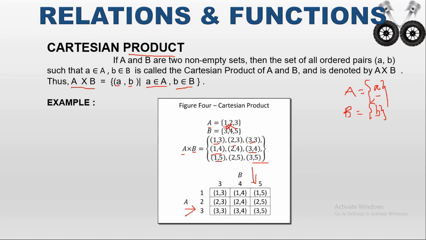So what is the first position of the table? This is the position of first row and first column. What is the value of the first row? That is 1. What is the value of the first column? That is 3. So that can be written as (1, 3). Now I want to write the value for this one. What is the position of this one? It is the second row and the first column. The second row can be written as 2 and the first column value is 3. So it is written as (2, 3). And then what is the position of this one? This is the third row and the first column. What is the value for the third row? Third row is 3 and the first column value is 3. So that can be written as (3, 3). So like this we have to fill the table.